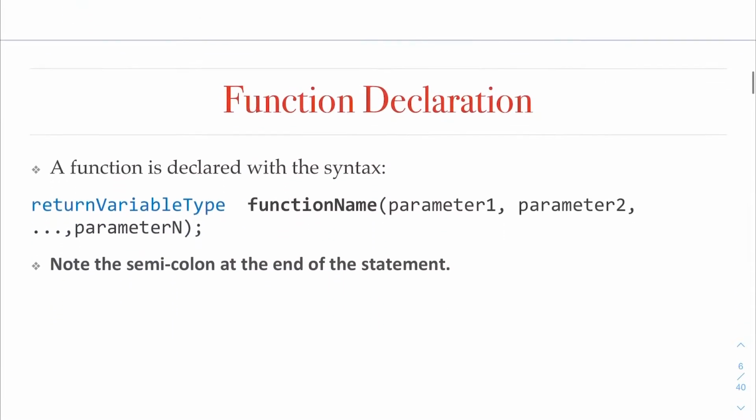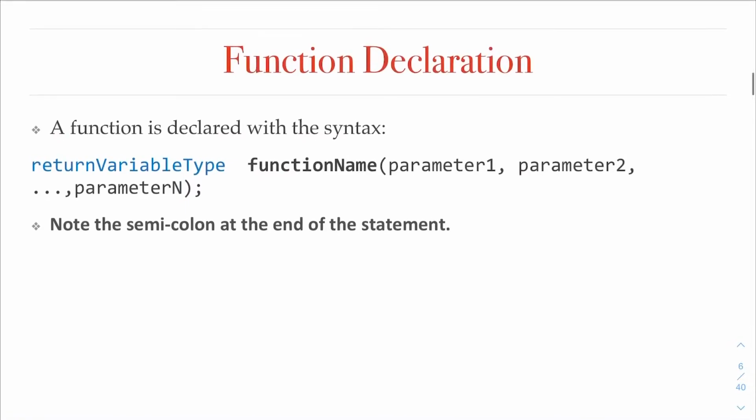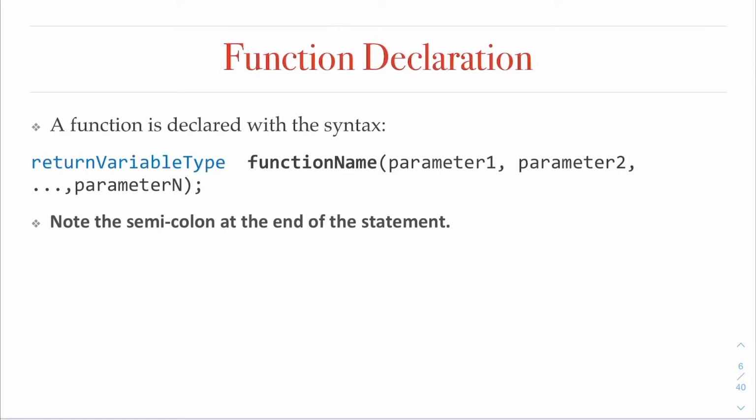So here we go. This is the function declaration. Sometimes I use the word prototype a lot, because prototype is a very common terminology for this declaration. A prototype of a function includes the function name, of course, a list of parameters, and the return data type, and it ends with a semicolon.